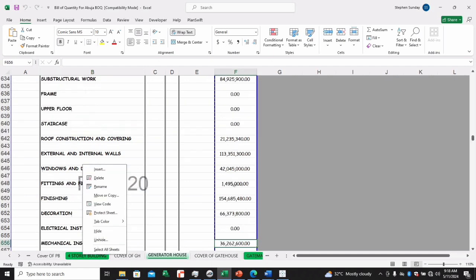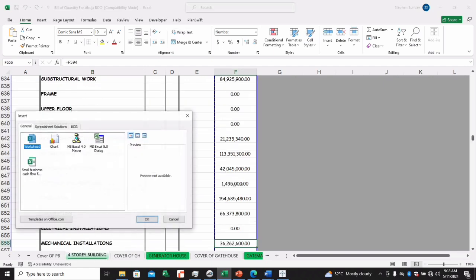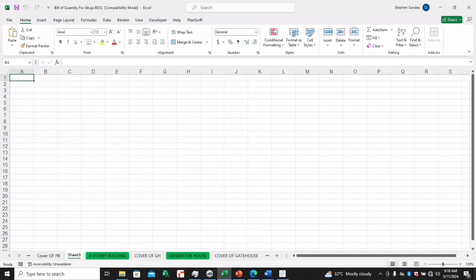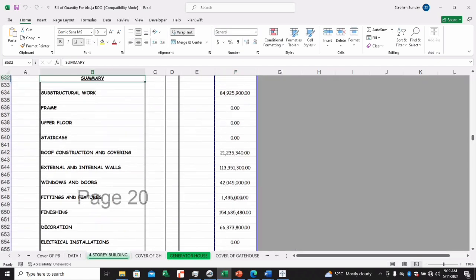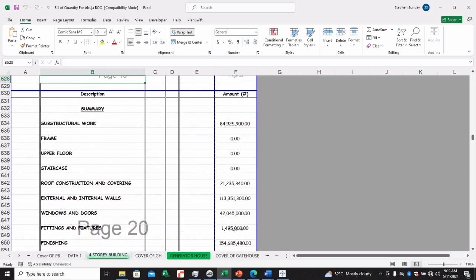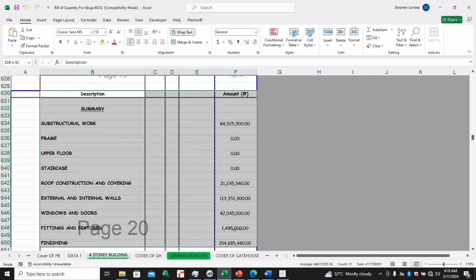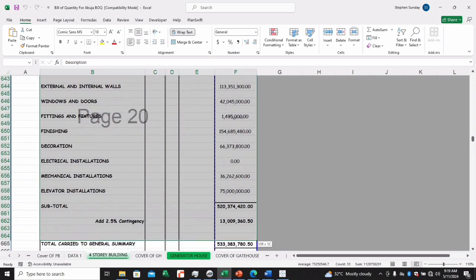So let's do this. First of all, we're going to insert a new tab. We're going to name it data, 4-story building, or just let's put data 1. We already know it's a 4-story building, and we just take this. It's very, very easy. Sorry, it's an incomplete bill of quantity, so we'll just do this. We'll take this,